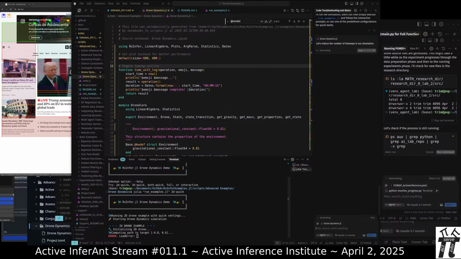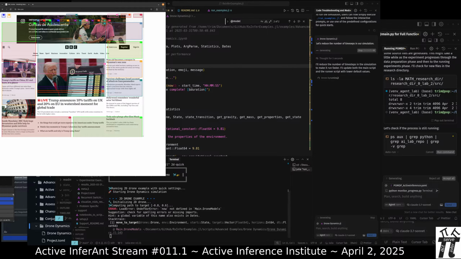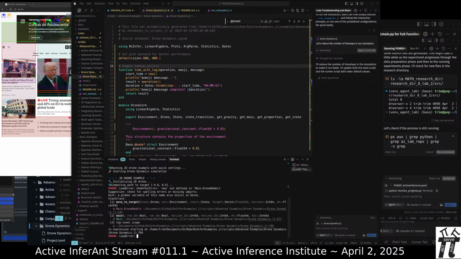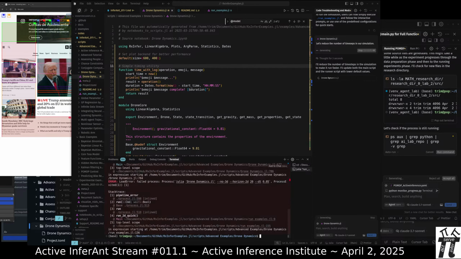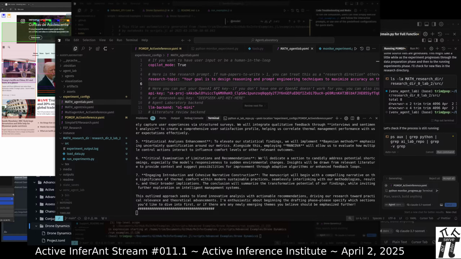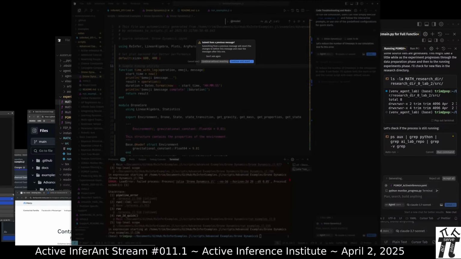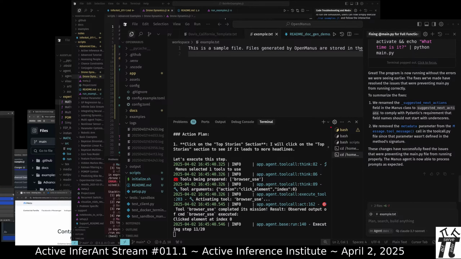Okay. Add to chat and fix this error. So here's step 11.